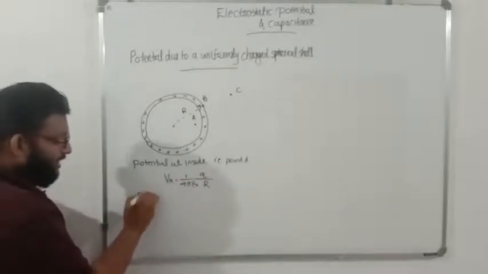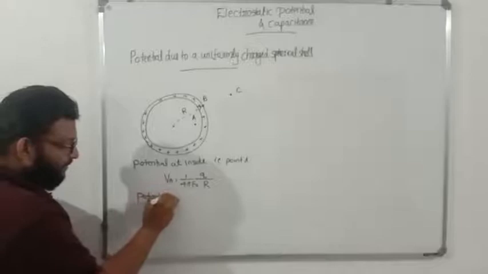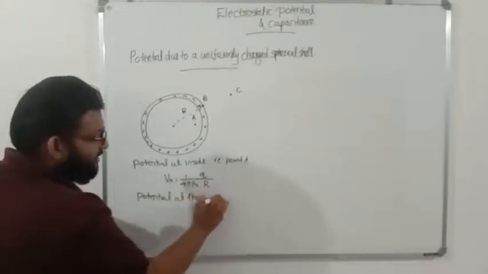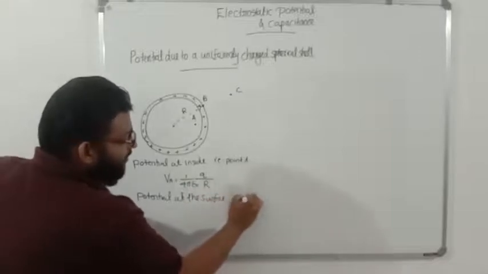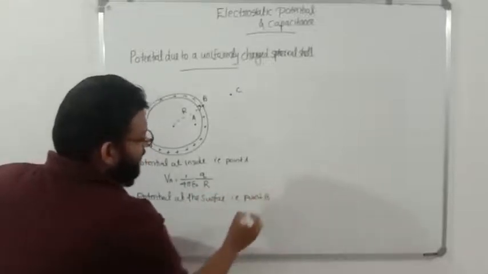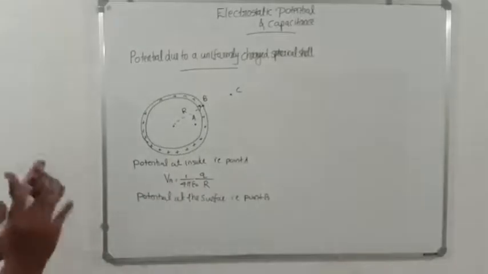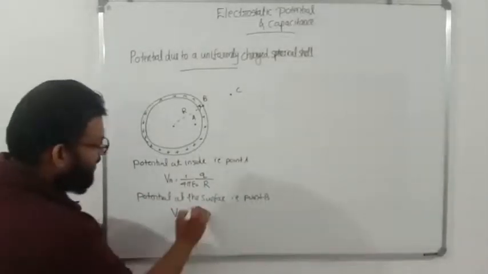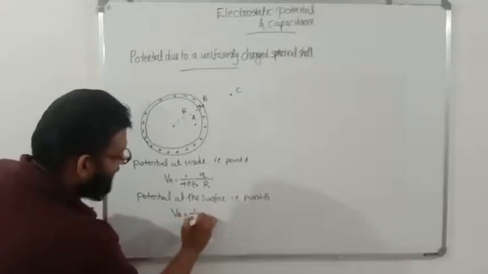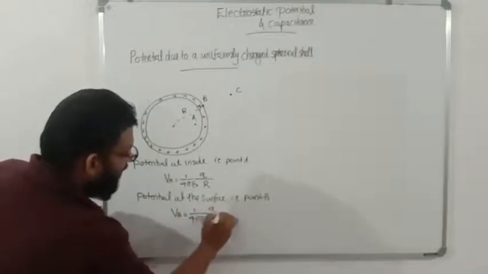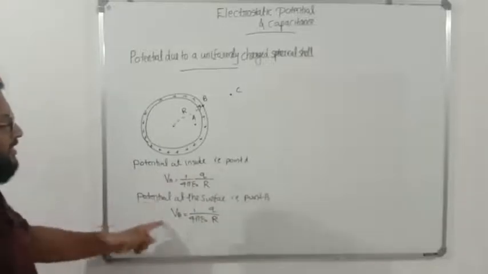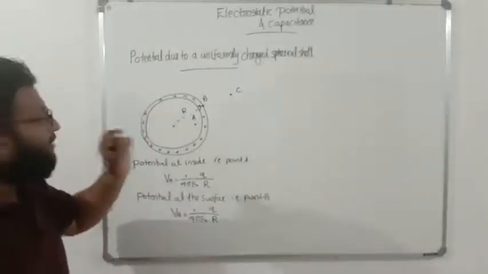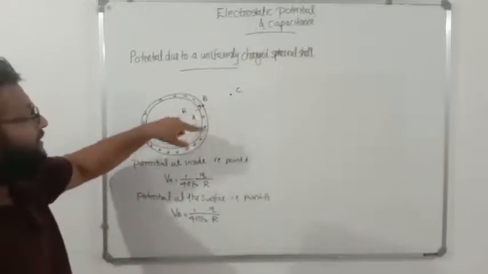Now potential at the surface, that is point B. When we come to point B, what we can see is the potential VB, it is given by 1 by 4 pi epsilon 0 Q by R. From these two relations, we can say that potential of any point inside and the surface of a shell are